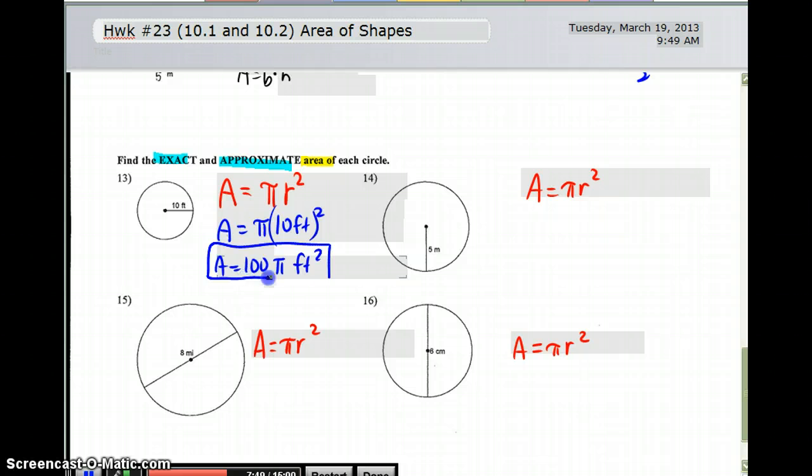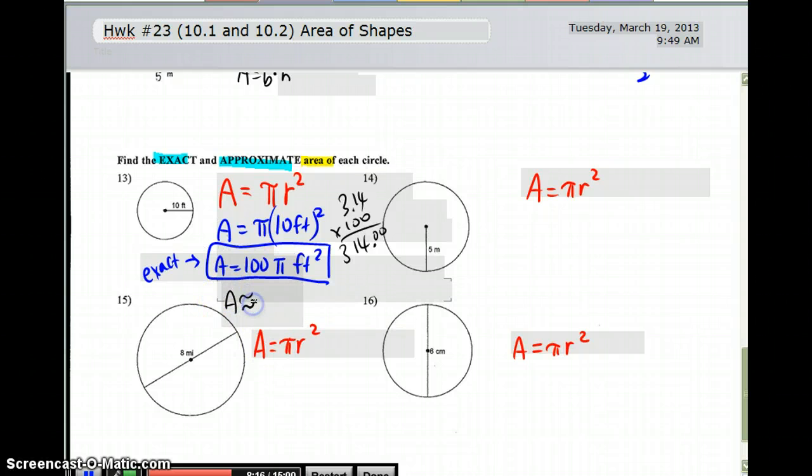So that's my exact answer. And I don't even have to write the word exact. The equal sign already means exact. Then my approximate answer will be me multiplying 100 times 3.14. I'm going to rewrite that with 100 at the bottom. The zeros at the bottom will make it easier. Giving me 314.00. So my area is about, and that squiggly equal sign does that for me. I don't even need to write the word. 314 feet squared, and that's my approximate answer